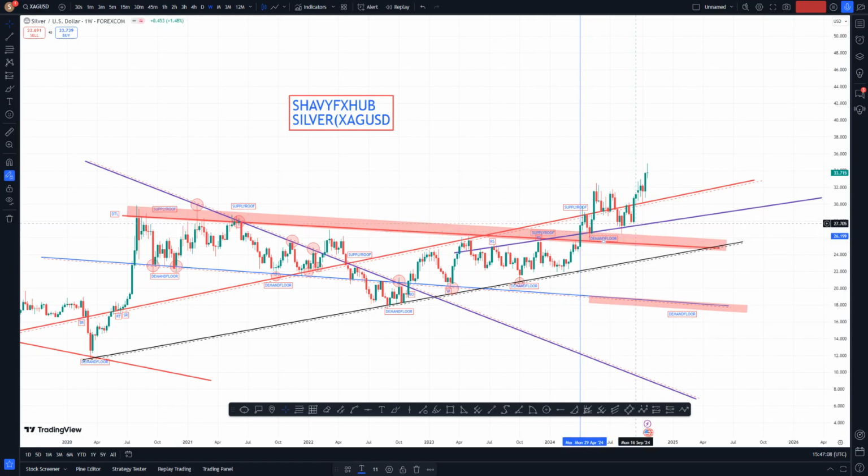In the month of September, we came back and tested and formed a double bottom, a bullish price action, and price immediately rose and broke the neckline. This is the neckline. It broke the neckline and came and retested it in October. After testing it in October,